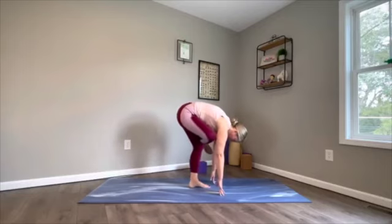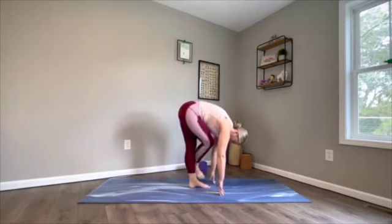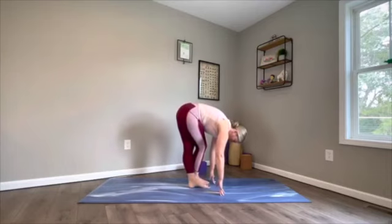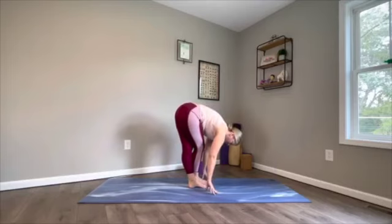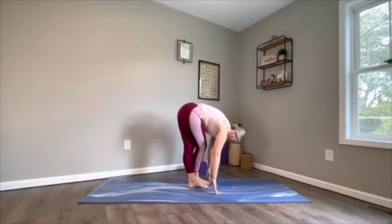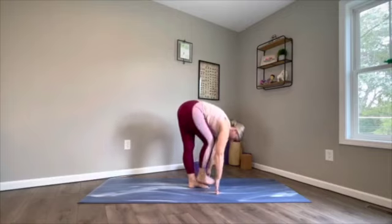Maybe straighten the left leg for a forward fold. And then drop the left foot down on the outside of the right foot. Inhale, half lift, reset, so you can fold right over those two legs. Wherever you're at, maybe come up onto the fingertips so we can take the right leg and swoop it around